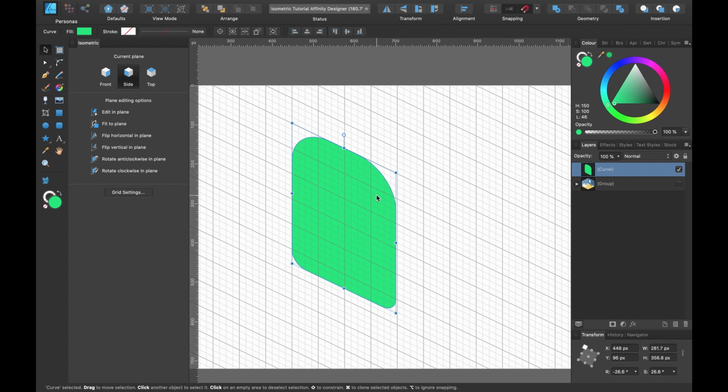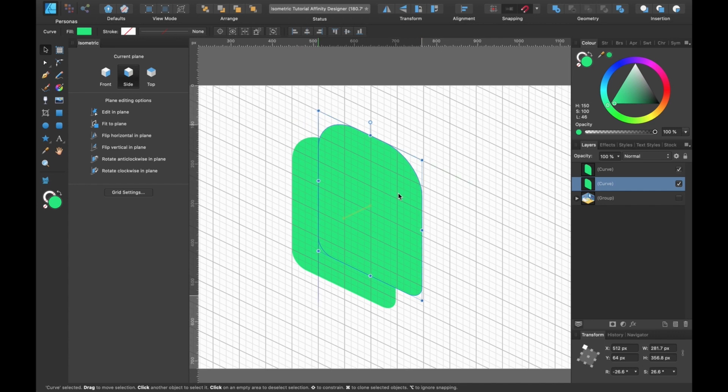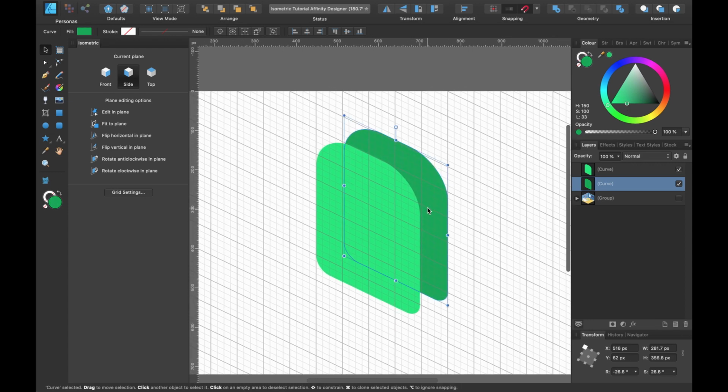The next thing I'm going to want to do is to duplicate this. So Command J to duplicate. You can see here in the layers panel. I'll select the layer underneath, and I'll just go back to the shape, and I'll click, hold my finger on shift and drag back a little bit. So we got some depth. And I'll just change the color so we can see what's going on here. Okay, we've got two shapes here. We need to join up this shape so it looks like a block, so to speak.